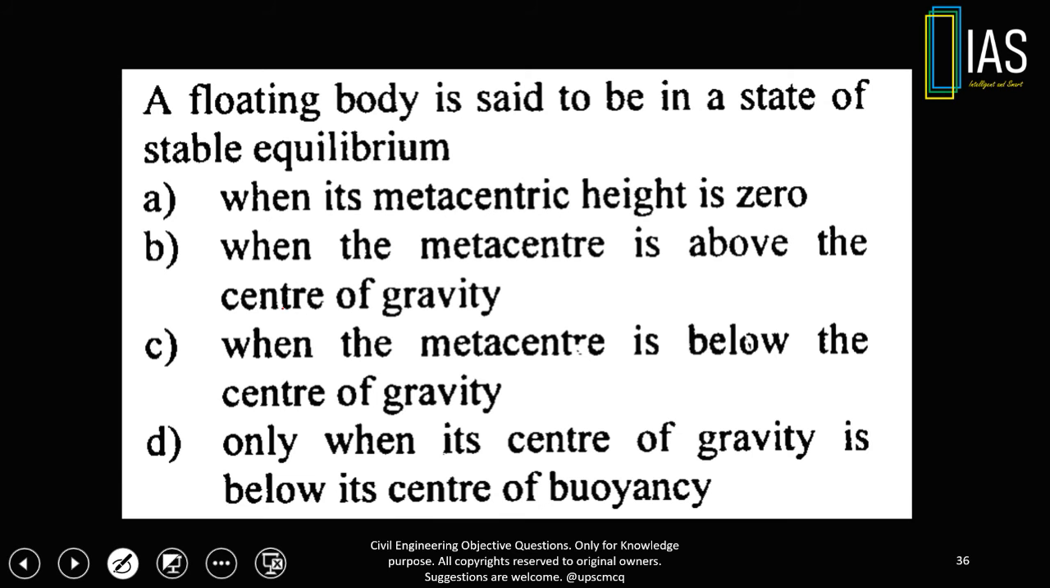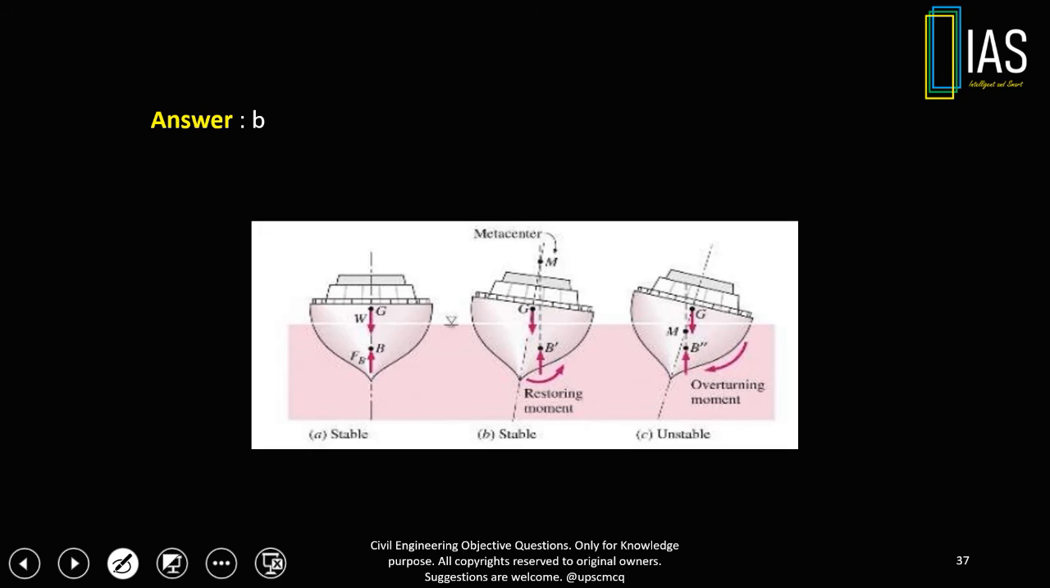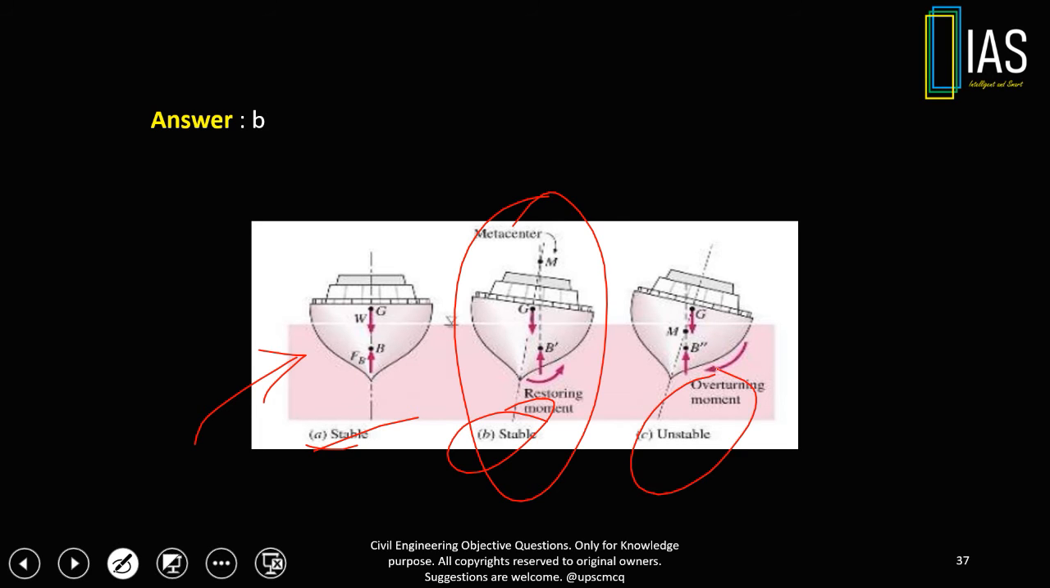A floating body is said to be in state of stable equilibrium when its metacentric height is... Now for a floating body in stable equilibrium, the metacenter is above the center of gravity. This is stable too, but this is neutral equilibrium. This is stable, but this is not a neutral situation, although in this case you can observe that center of gravity is above metacenter, hence the overturning effect makes